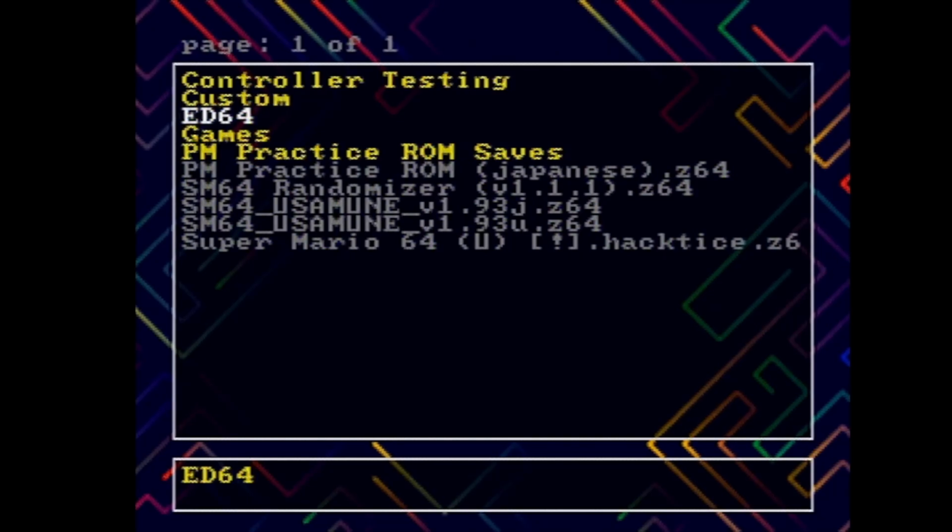So as someone who likes to play vanilla on console and ROM hacks on the emulator, I found it hard to switch back and forth because of the difference in the input lag. This video will be about how to fix that. So the way this is going to work,